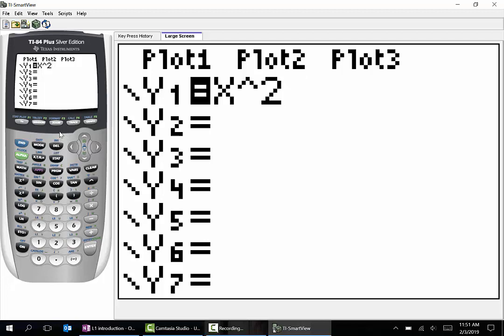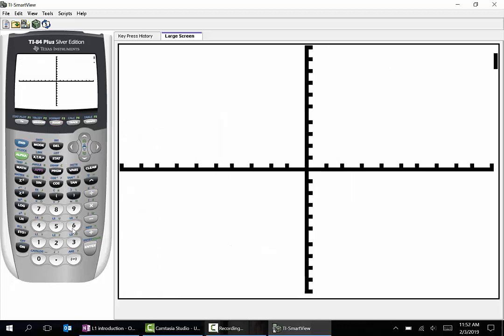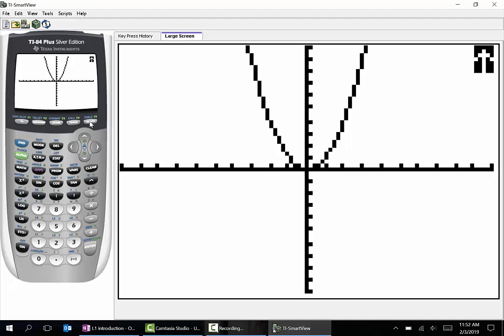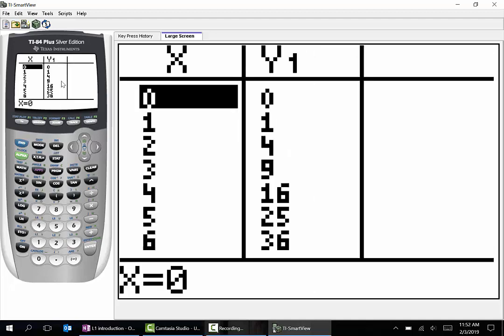When we want a graph, there's a graph button right here, but we're always going to press this one first and mess around if we have to. I'll help you with this in school. So zoom 6. And here's our picture, and there's our parabola. But there's a really nice function above the graph button, and it says table. So anything in blue, we press the second button. If we go second table, here we have a ready-made table of values,